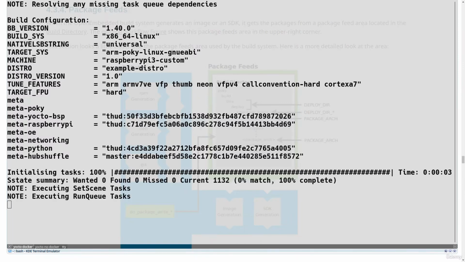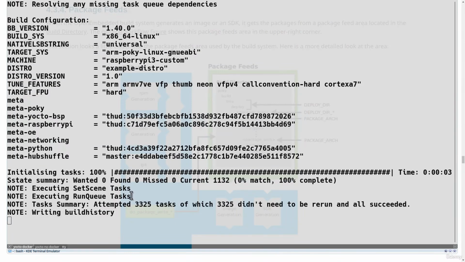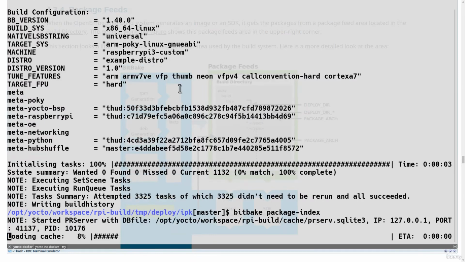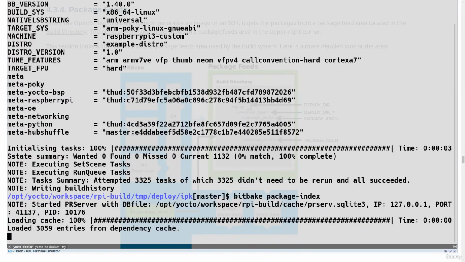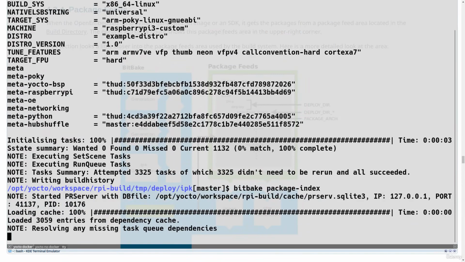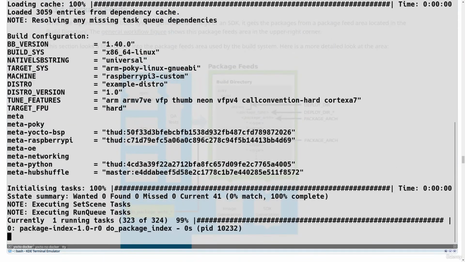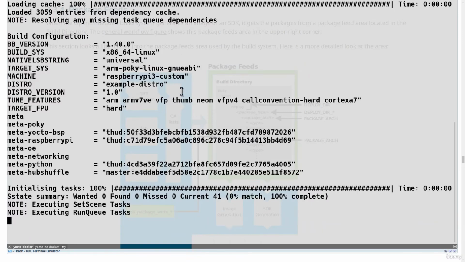And this will take some time, because Bitbake will basically, if you didn't use IPKs before, generate IPKs for each package. In this case, I've already run it, so it didn't actually do anything. So after that, you have to perform the command bitbake package-index. So this creates a package index,